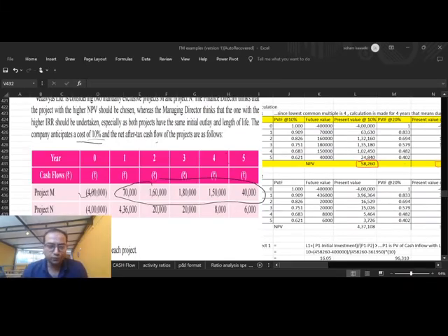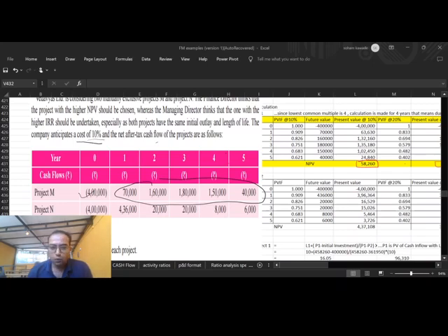Hey, good afternoon, guys. Today we are going to learn the concept of internal rate of return. So, NPV, I am assuming that you already know. NPV means net present value, that is total present value of cash inflow minus present value of cash outflows. So, internal rate of return is simply the rate at which the NPV for that particular project becomes zero, that